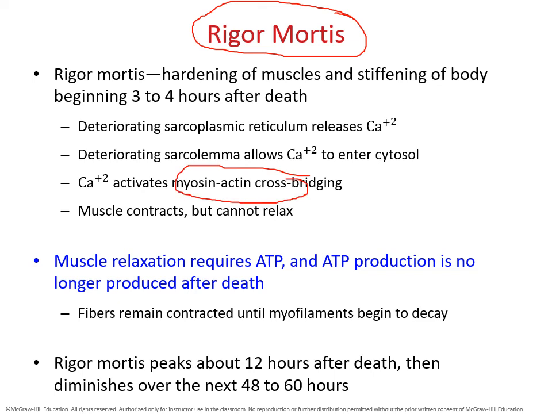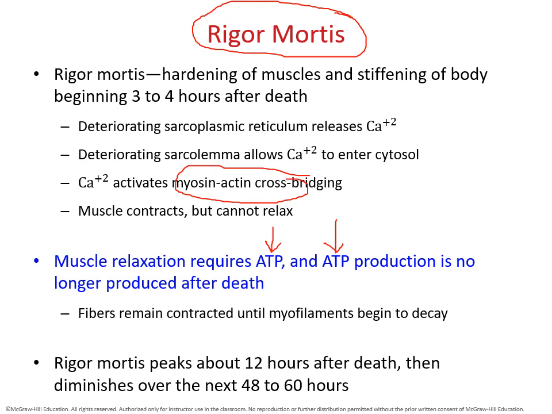The problem at this point is that you have your cross bridge, your physical connection, but you can't do your power stroking all too long, and you definitely can't relax because there's no ATP. Your body stops producing ATP the second that you become deceased, and ATP, whatever is left over, is utilized rather quickly. So what we see happening is that the muscle will contract, and it gets locked in that hardened position, because it doesn't have ATP to go into the relaxation step.